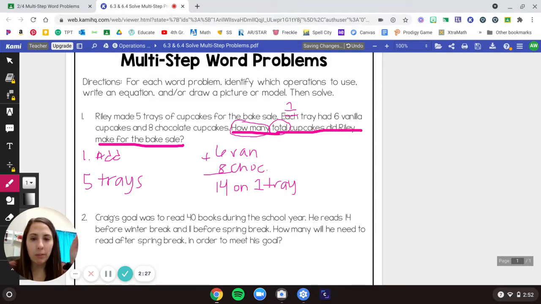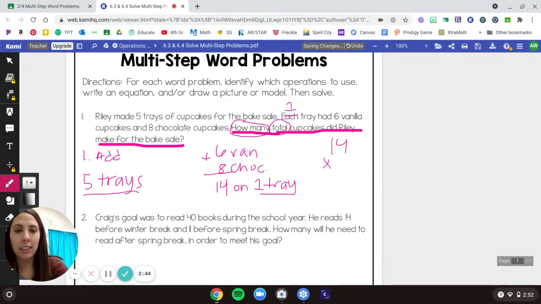All right, but we want to find out the total cupcakes. And we don't just have 1 tray. We have 5 trays. So what are we going to do next? When we have multiples of something, we should multiply. 14 times 5. 5 times 4 is 20. I'm using my multiplication skills that we know. Now I remember I carry over. I need to multiply again, 5 times 1. And now I add on to get 7. So I know my answer is 70